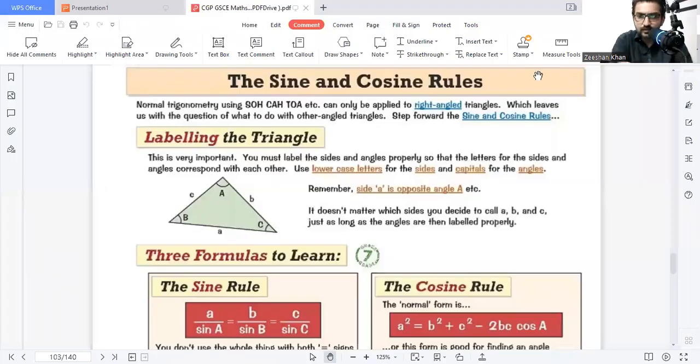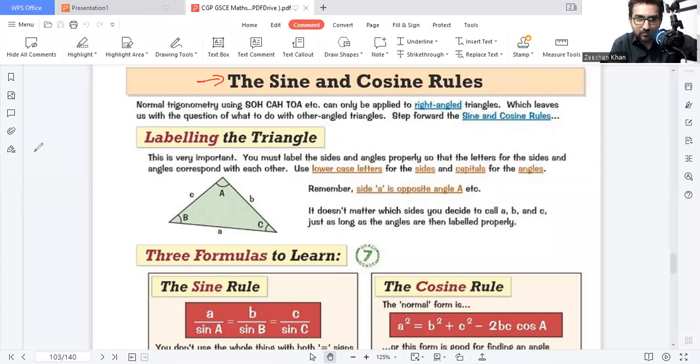Hello. This is the next lesson of the trigonometry chapter. This lesson is very important, and you will learn some more advanced concepts of trigonometry. The topic is the sine and cosine rule. There are a few formulas which you need to understand in order to solve more complex